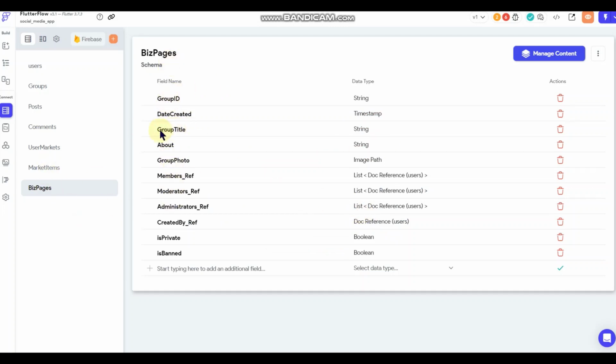So group title, I don't really want it to say that. I want it to say page title. But again, structuring your data in your Firestore is pretty important. And I don't really want to put group title down here. I want it to stay up here, and I can't edit that. That's the way it is. So I'm just going to leave it as group title and group ID and group photo. I'll just make sure to reference what collection we're in.